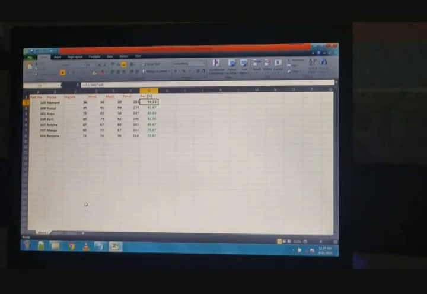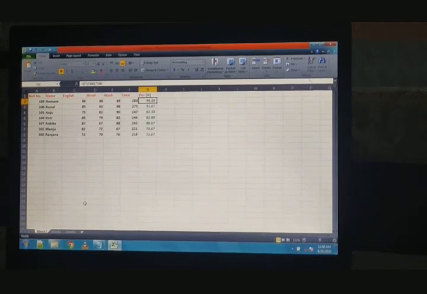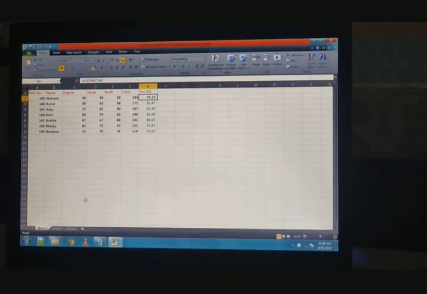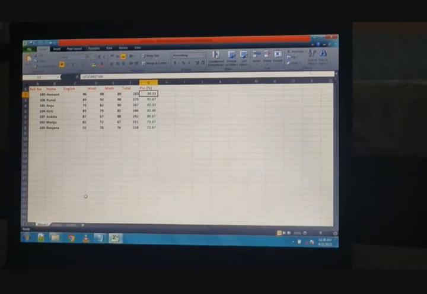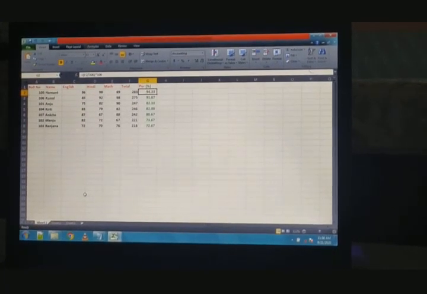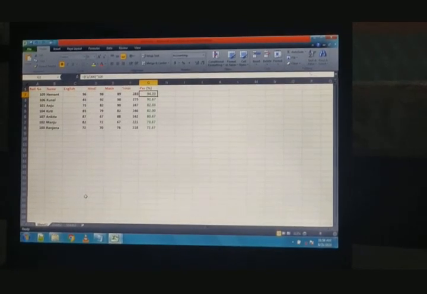There are some steps to filter data. So here we have to filter the data according to the marks of Hindi. That means we have to show the record of those students who got 79 marks in Hindi. Okay, so for this you have to follow these steps according to your book.